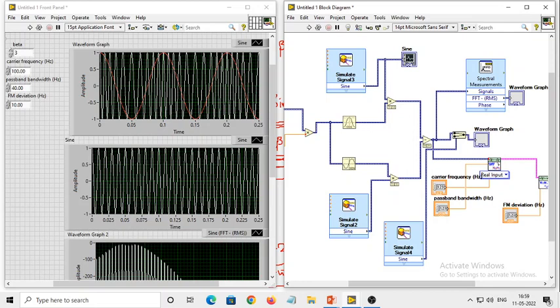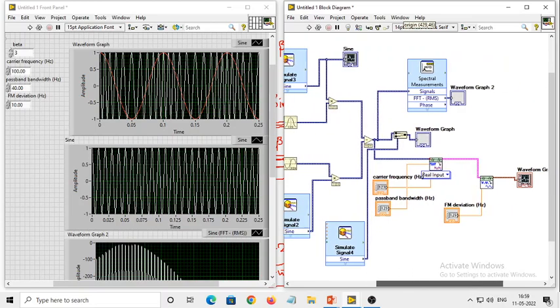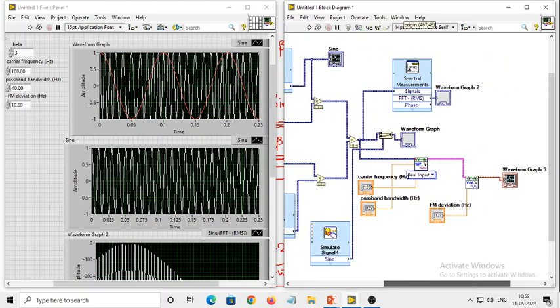Okay, so you can see that at minimum amplitude, that is -1, you are having the least frequency. So this way you can plot both the waveforms, that is message and the modulated signal, and you can see the variations, how the amplitude is impacting the carrier frequency. Okay, I hope you understood how to build the block diagram for the generation and demodulation of